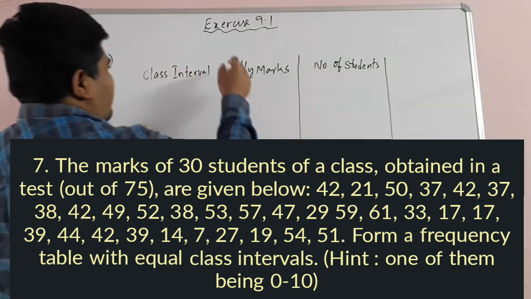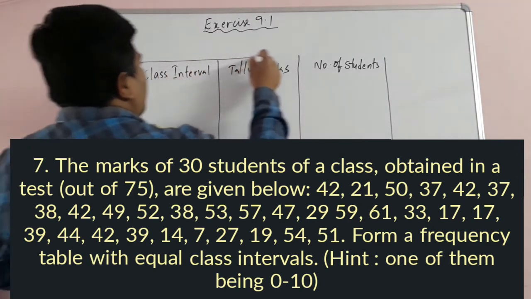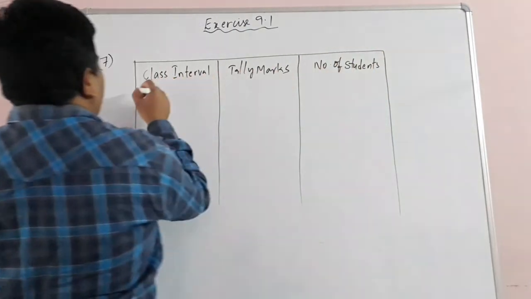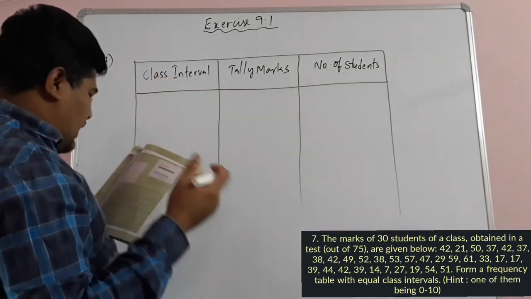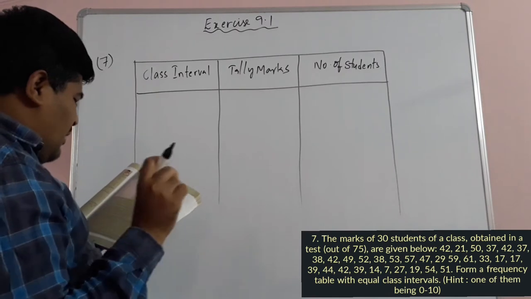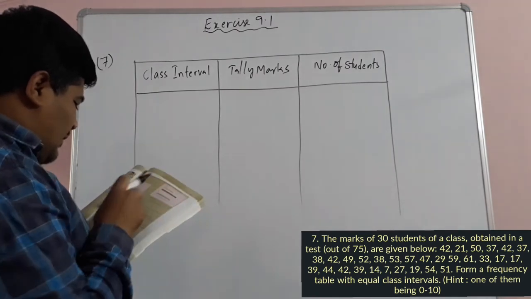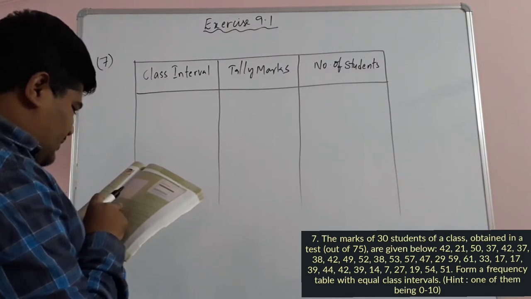So we are making a frequency table for this given data. Children, here the hint is what? 0 to 10. So one of the class intervals is 0 to 10. And children, here we need to observe the minimum observation and maximum observation. So here the minimum observation is, children,